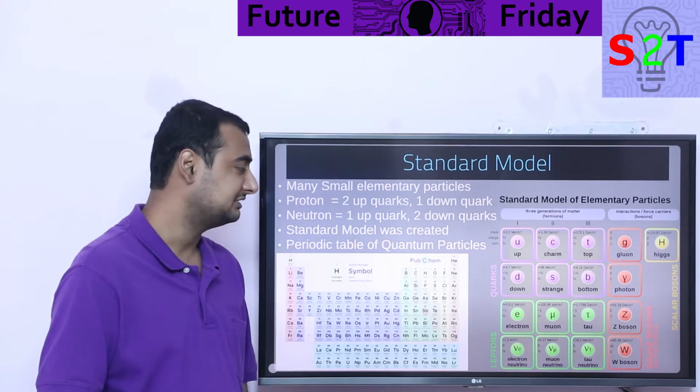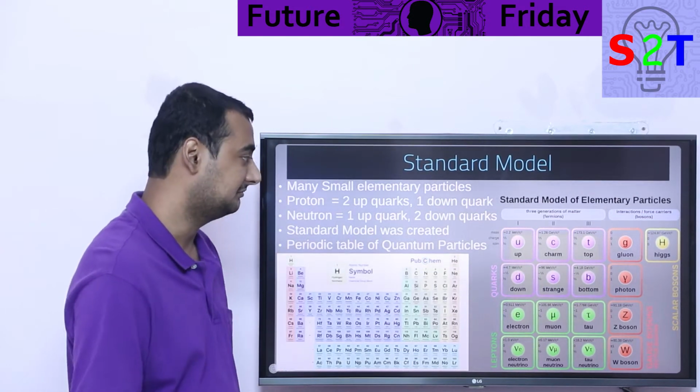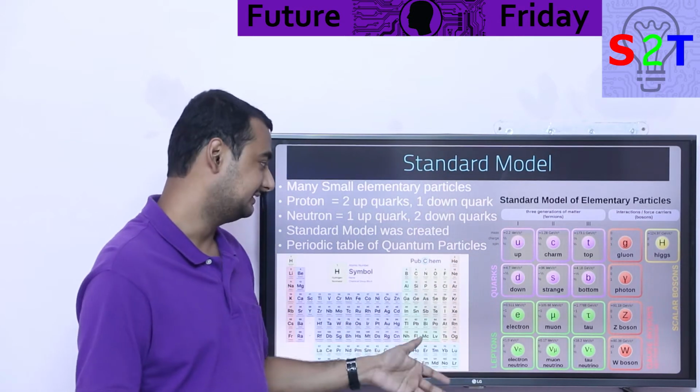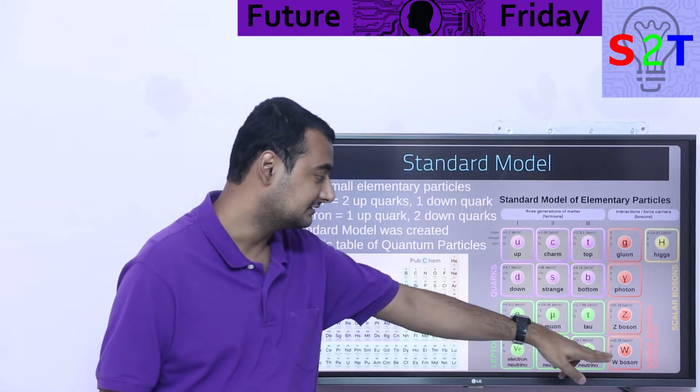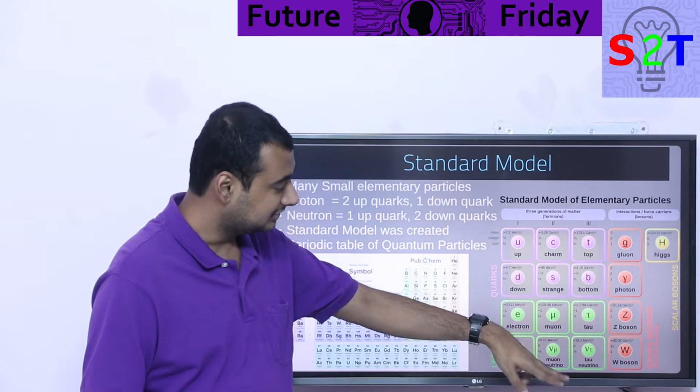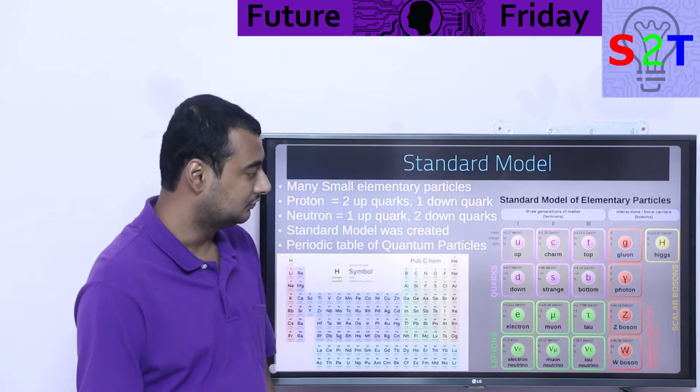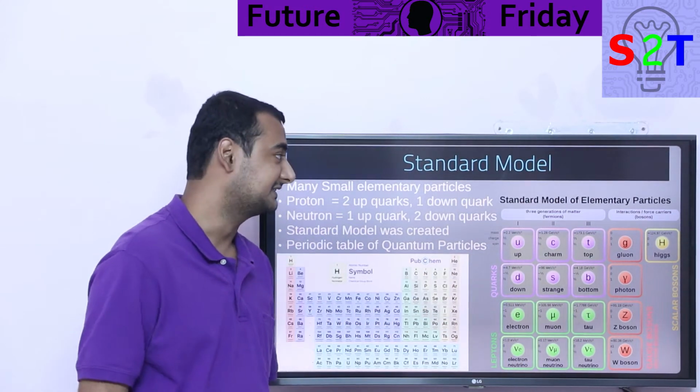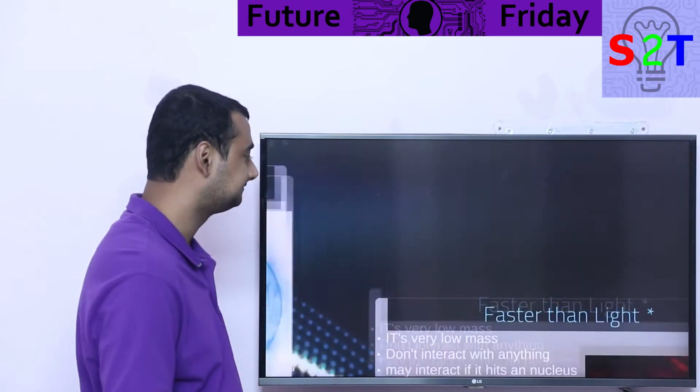The moment you start to research this puppy, this thing will happen inevitably. It has multiple categories. It has quarks, it has leptons, it has gluons, bosons, the Higgs boson. This puppy has it. So this is what we are dealing with here.